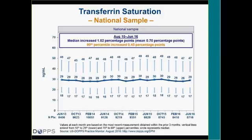And the increase in ferritin contrasts with relatively little change at all in transferrin saturation during the period of the DPM. The median has increased only 1 percentage point. When you round to whole numbers, it's 29. TSAT of 29, pretty much straight across the board. So that is the contrast to ferritin. And of course, in the most recent year, there's also been very little change. So to sum up on the next slide,